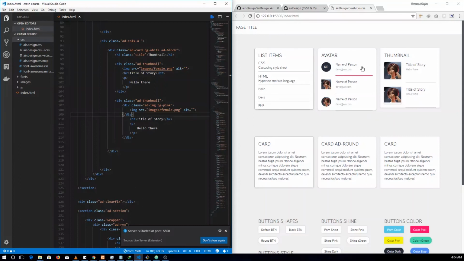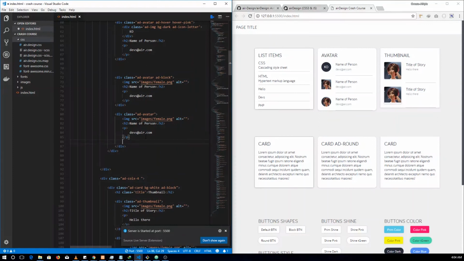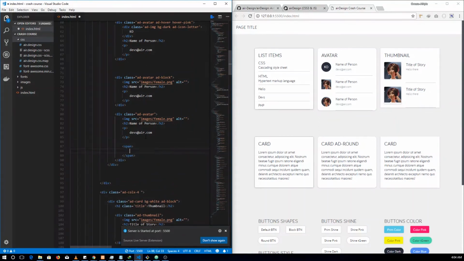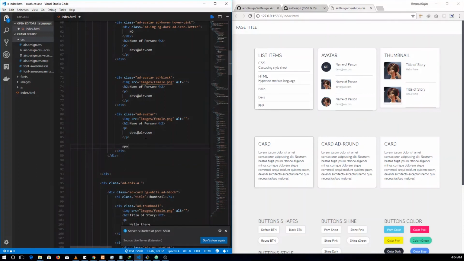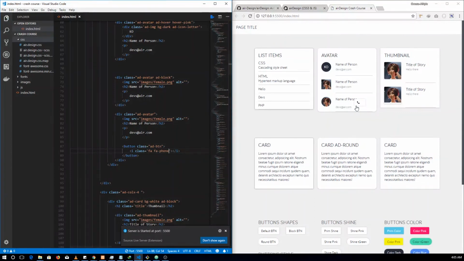There's a way to add buttons to it. Let me see if I can quickly do it at the last one here. So I can try at least. I can try button AD BTN. So AD BTN. Right. I can add something like an icon FA. I can say font. Let me see. And this is how it appears here. But if I add AD button, full name button, supposed to push it to the stream, right? And I can add